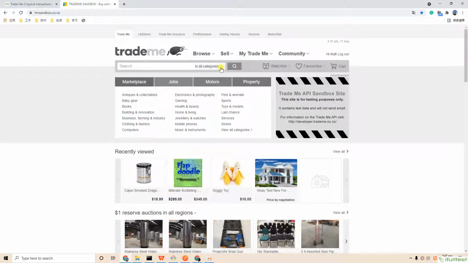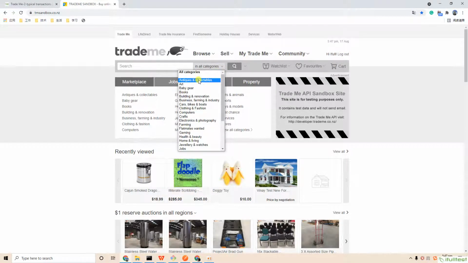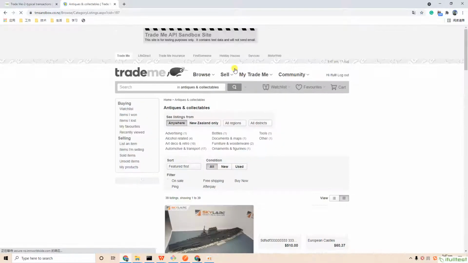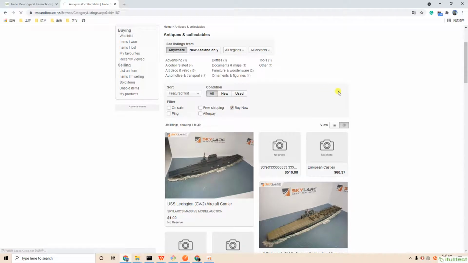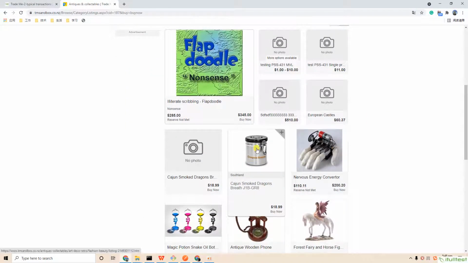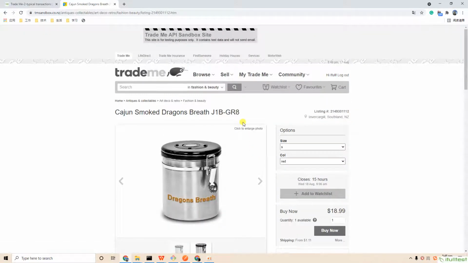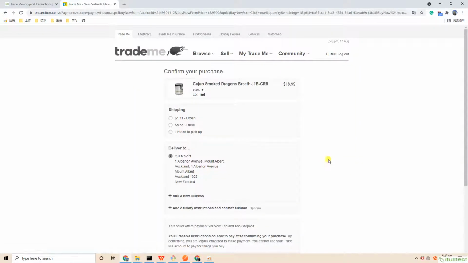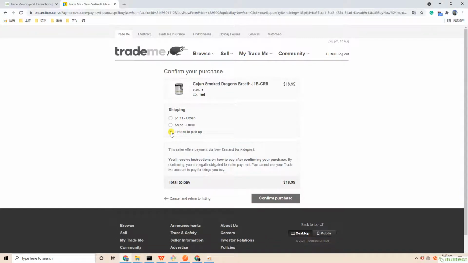Logged in, search a category, filter Buy Now items, then select an item, go into the detail page, click Buy Now, choose shipping way as I intend to pick up, then confirm the purchase.